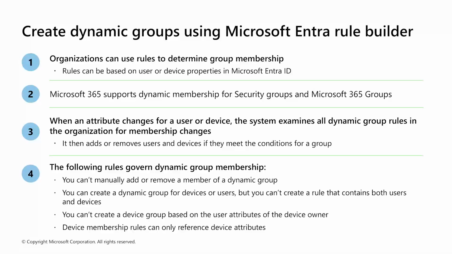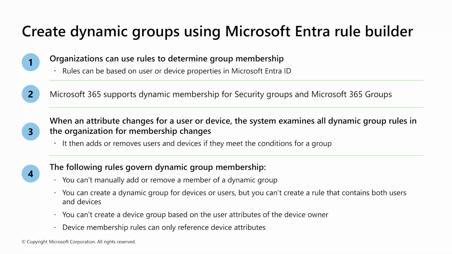Users are automatically added or removed based on their attributes. And rules are based on attributes, as I said. So that is also very important. An organization can use the rules to determine the group membership. Microsoft 365 supports dynamic membership of security groups as well as Microsoft 365 groups. Apart from that,